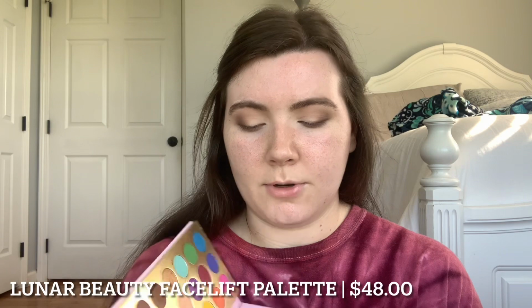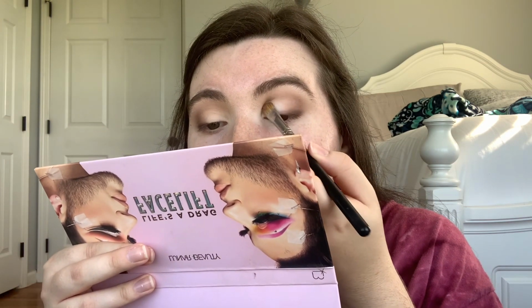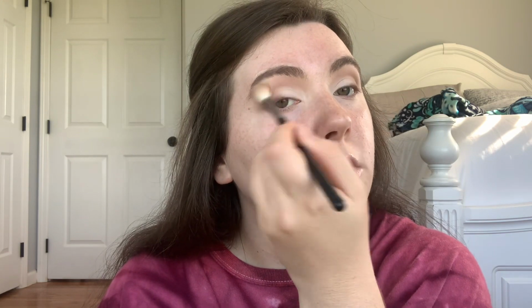Okay, and then this is optional, but I kind of think that it just kind of like adds a little like oomph on top of it. So I'm going to take the white in the Lunar Beauty palette. This is a really good white shade. I feel like it just brightens everything up a little bit. So now that we have that, you can keep this all matte if you want. But I like a little shimmer. And then I think I'm going to go in with...